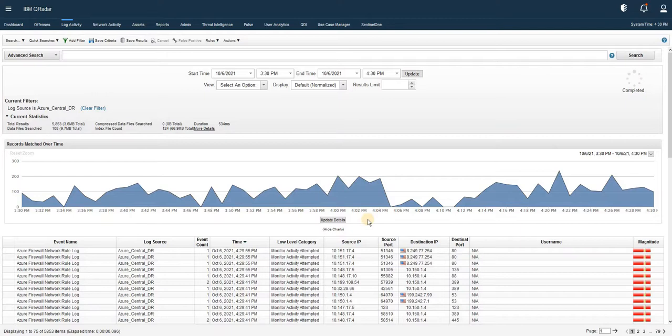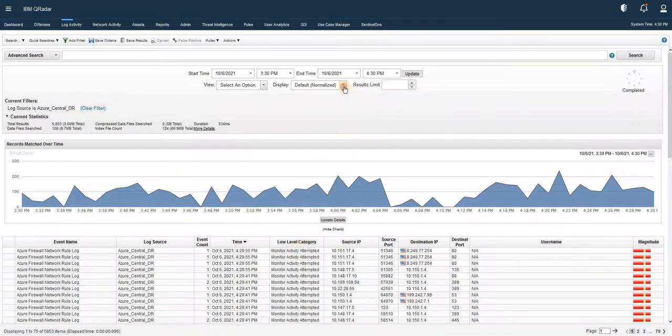If we are seeing any congestion or any slowness in the traffic pipeline, we can analyze it with this also, if we see a higher number of traffic on this graph. Okay, so I filtered for the last 1 hour on this log source.